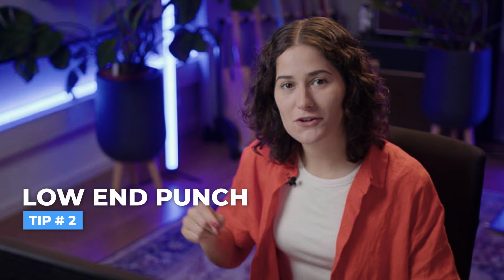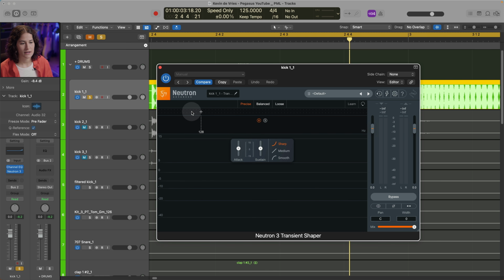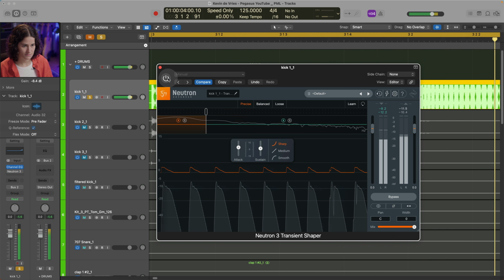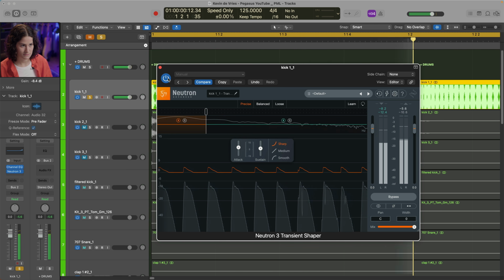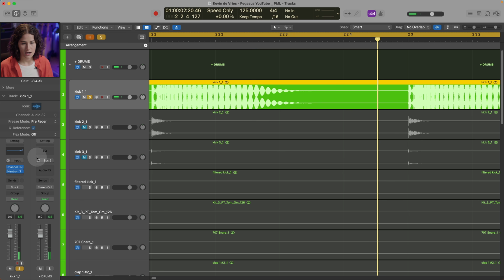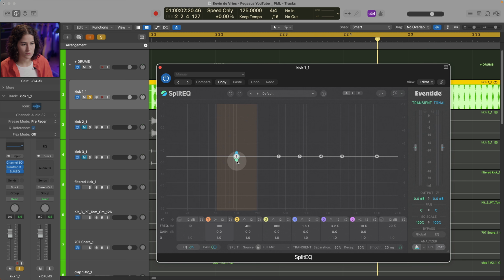Tip number 2, make your kick punchy and round in the low end. On my main kick, I will add a transient shaper, for example, and increase the attack of only the low end. Much better. Another trick I use a lot is using split EQ to boost only the transient of the lows,